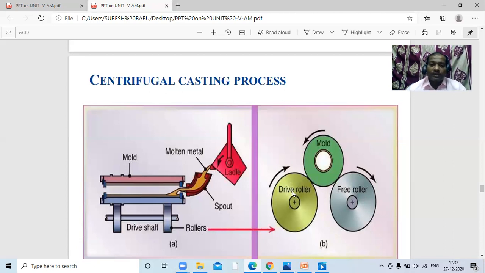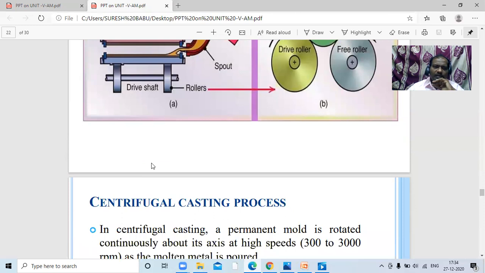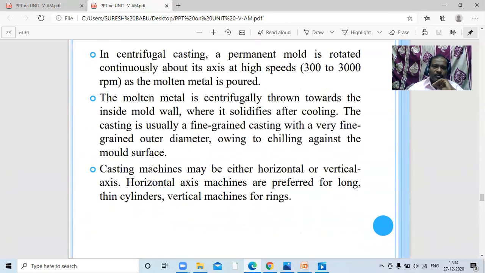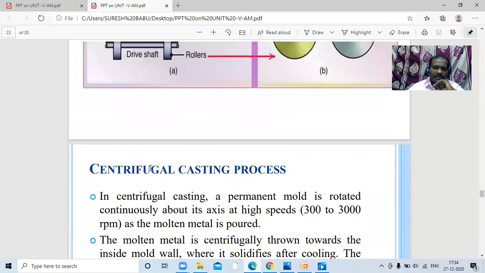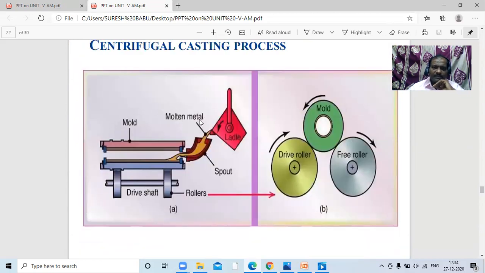Drive roller. By using this one, we are going to prepare FGM. What is FGM? Materials which have a specific property or a specific need to use are called FGM materials, that is, functionally graded materials. Then what are the features of this FGM? We are going to learn this one as it is a PPT. I have explained the procedure. The same procedure you have to write step by step.